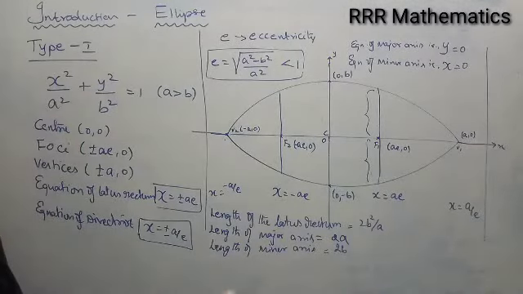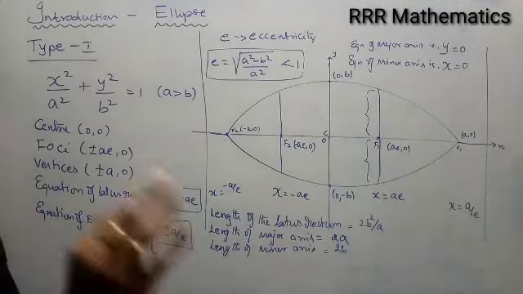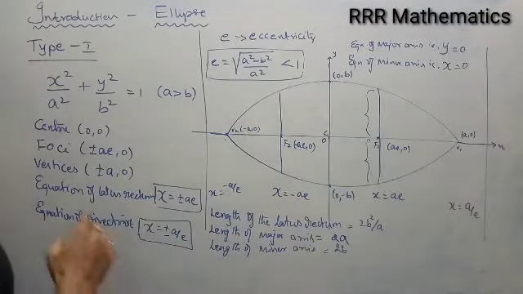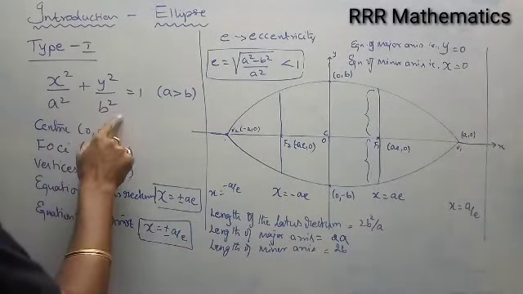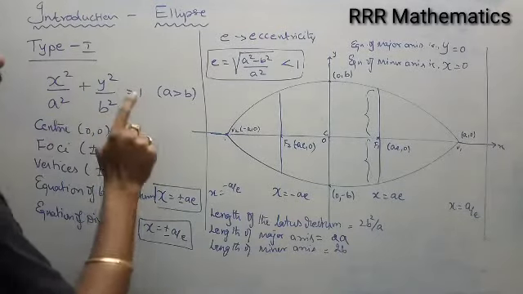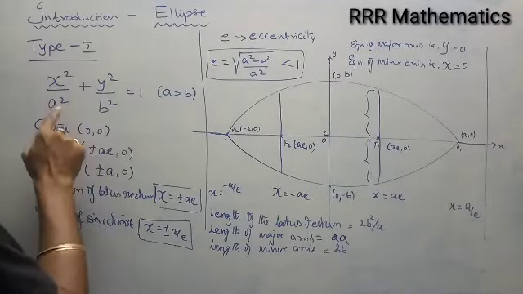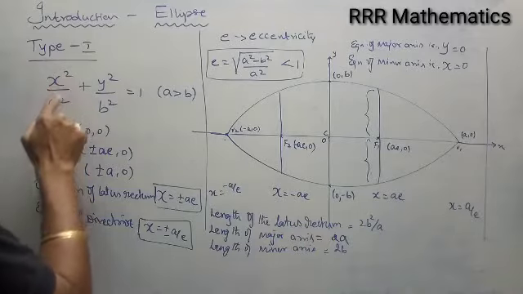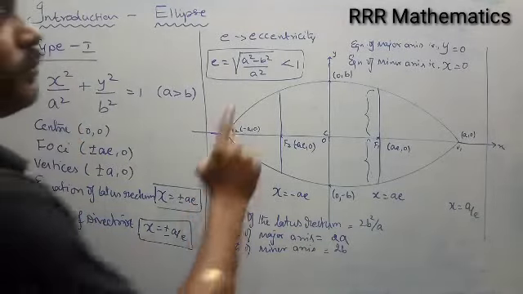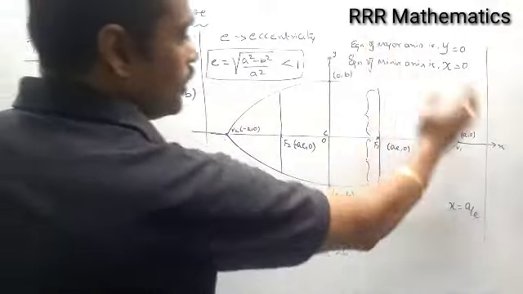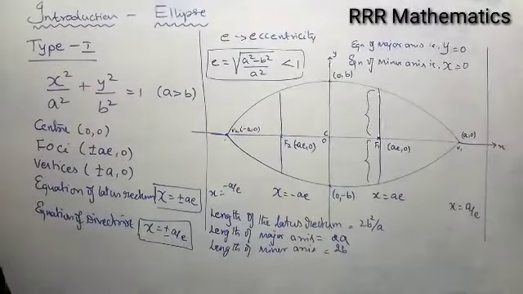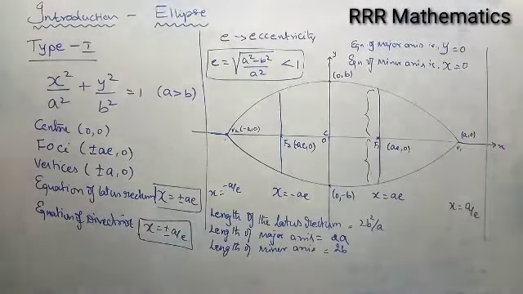Very first, when you see the equation of the ellipse, you want to identify the type. Simplify and see the denominator of x square and y square, which has more, which is denoted by a square. Suppose the greater value appears in the denominator of x square, therefore the major axis is x axis and the minor axis is y axis. You want to draw like this. Is it clear? Now we will see type 2.